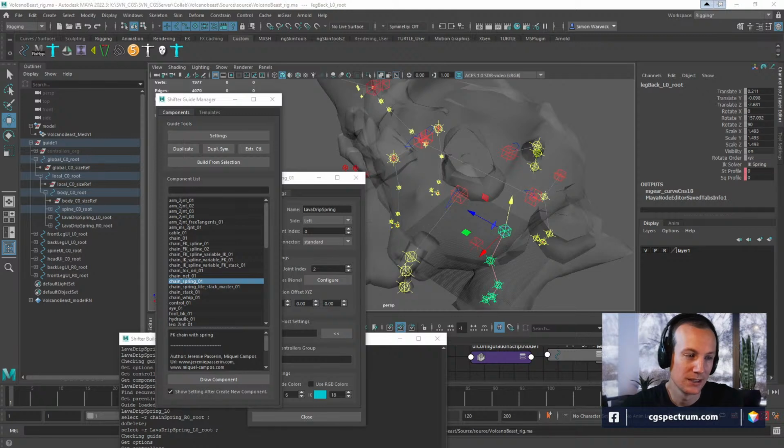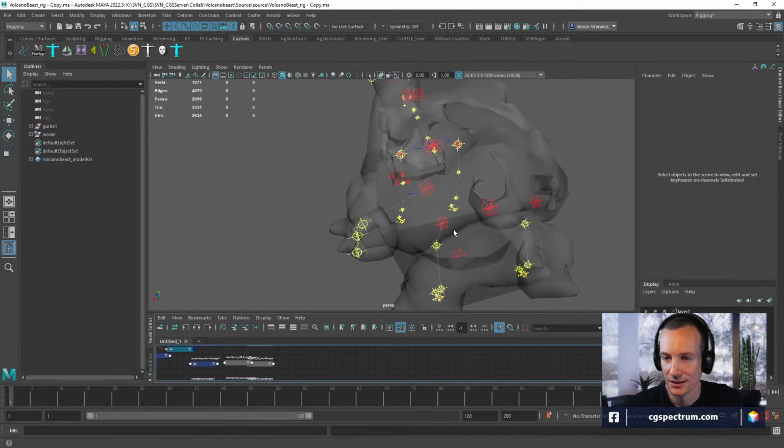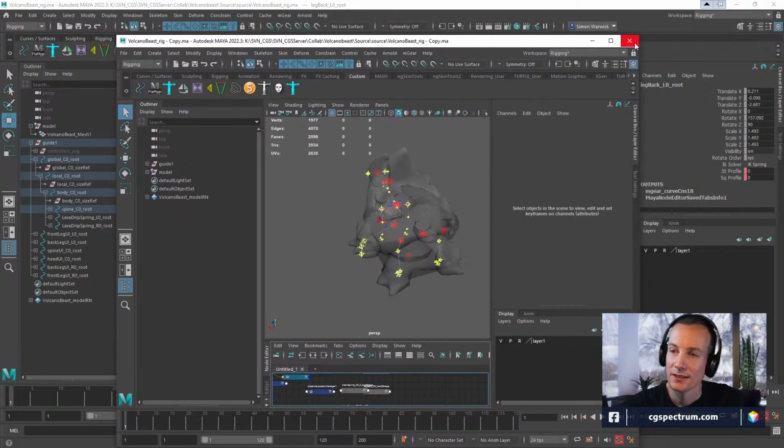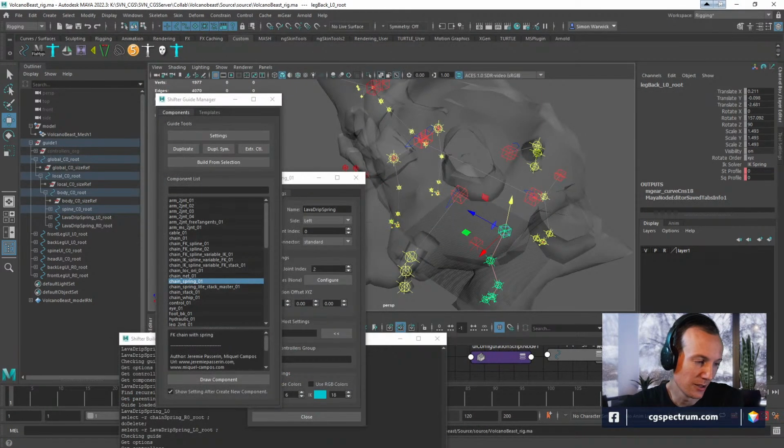And we'll see what I got here. Ah, it's the same version. SVN did not do what I thought it was doing.